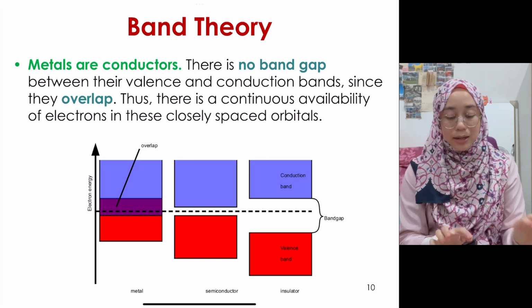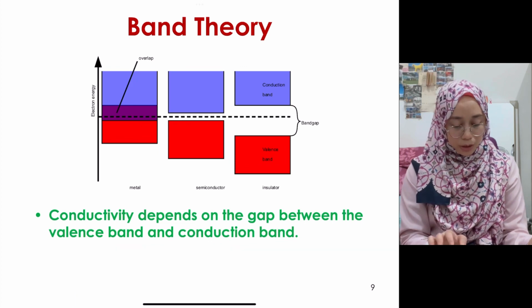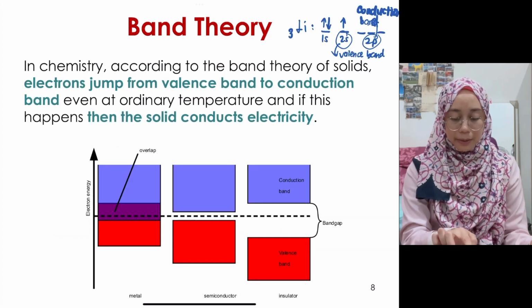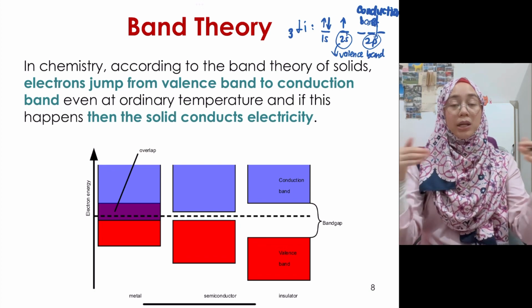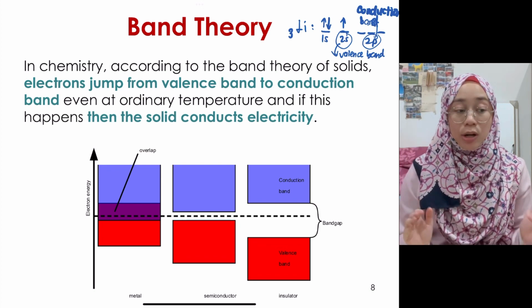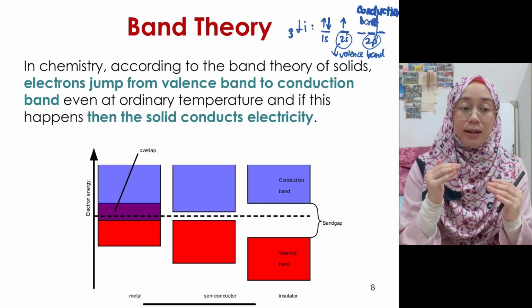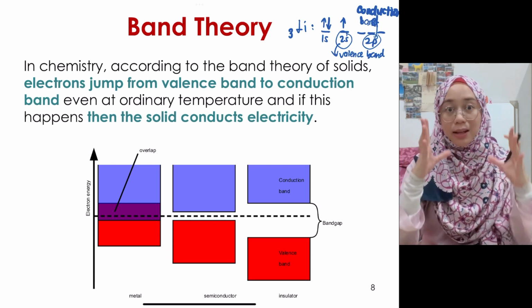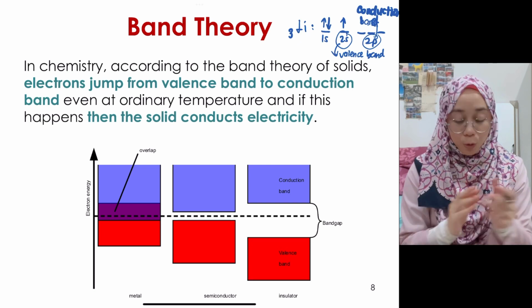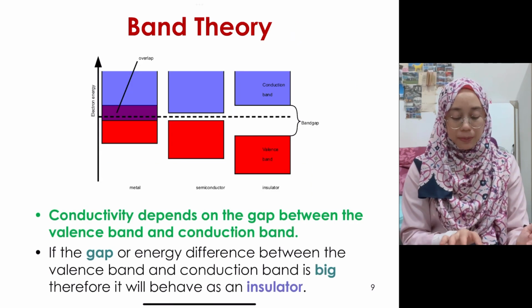Kenapa non-metal tak? Sebab for example, yang ni tadi Miss tunjuk kat kamu guna yang lithium kan. Lithium is a metal. So as you can see, 2s dengan 2p, dia masih dalam shell yang sama kan. Walaupun 2p is a higher energy orbital compared to 2s, tapi they are still in the same shell, masih lagi dekat n equals to 2. Okay, tapi for example, kalau kita pergi kepada